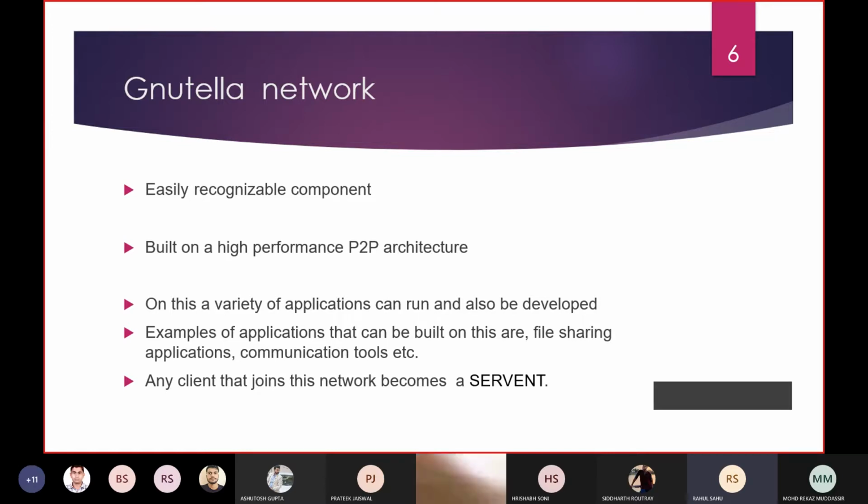The component is the peer computer, which works as both client and server. Examples of applications that can be built on the Gnutella network are file sharing applications and communication tools. These tools work on the Gnutella network. Any client that joins this network becomes a servant, and it also serves as a peer computer.